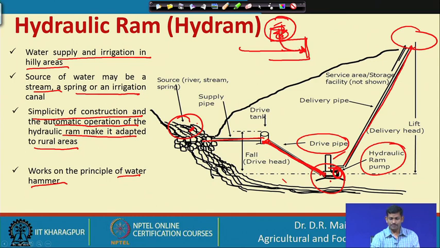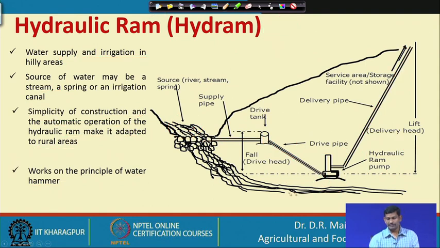So, that water will be pushed up, and there is a valve that will be opened, and that opening of the valve leads to this water entering into the delivery pipe. Similarly, when the valve opens up, the pressure here will decrease, and then that will push this back. This back and forth mechanism helps in opening this valve and leaving water here. So, this is an automatic mechanism, and no power is required, and only water will act as the